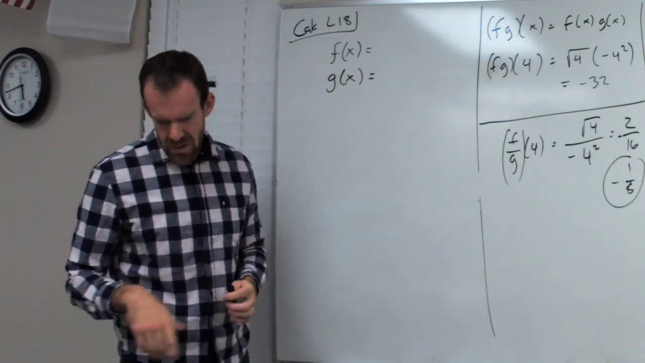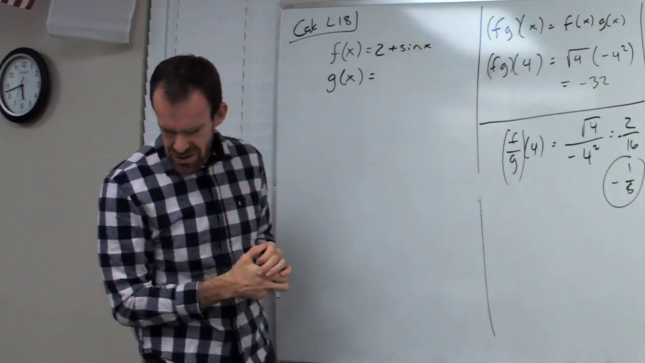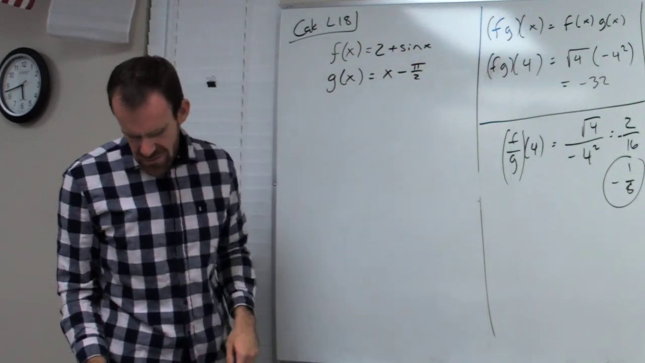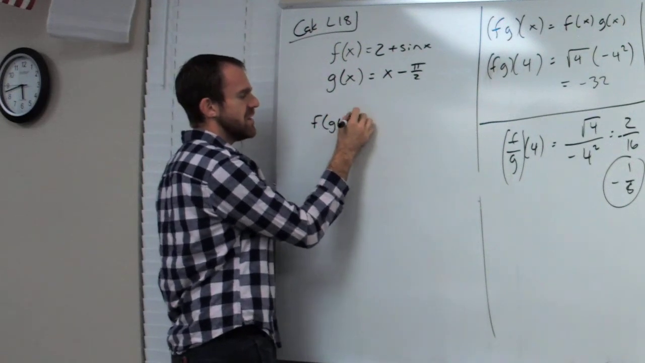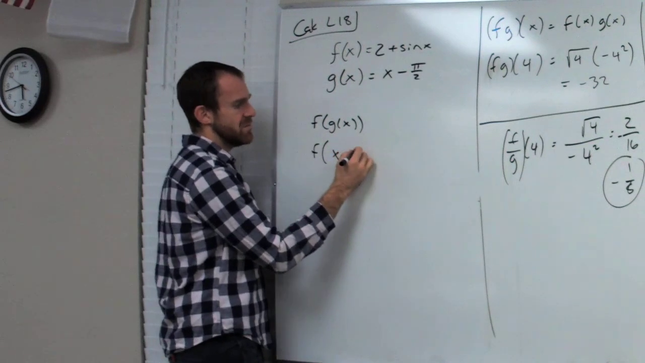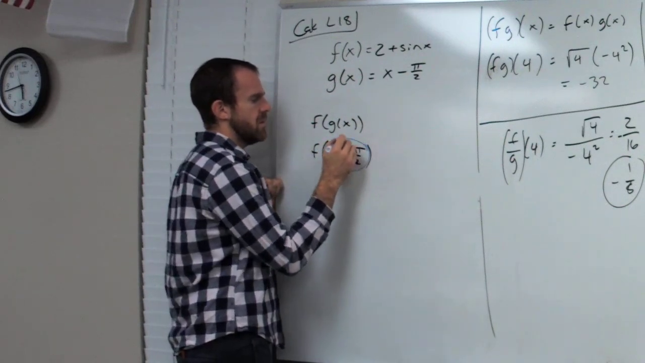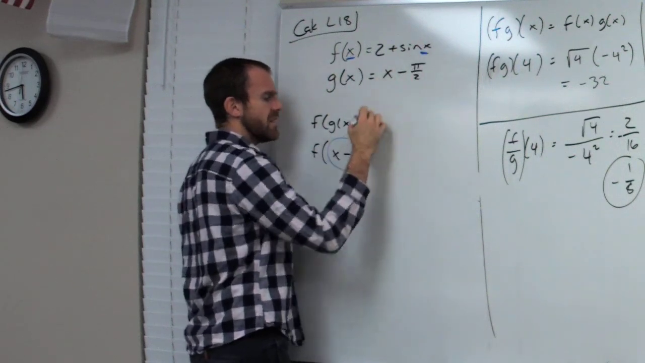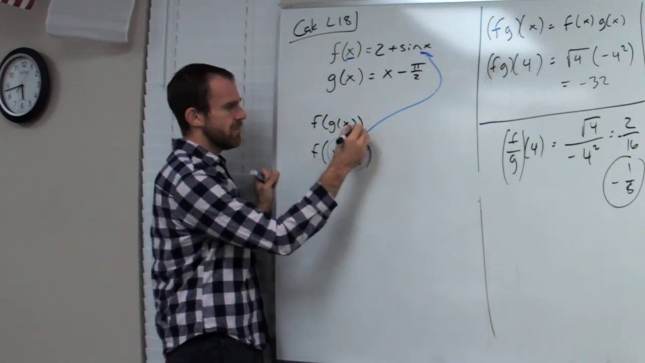So, let's see here. F of x is 2 plus sine of x. And g of x is x minus pi over 2. And we are to find f of g of x. State the domain and range this time. So g of x is x minus pi over 2. So this would be f of x minus pi over 2. And I'm going to plug this into f. So f takes in an input x. So I'm going to plug in this for x. So that gives me